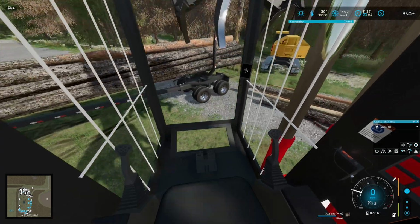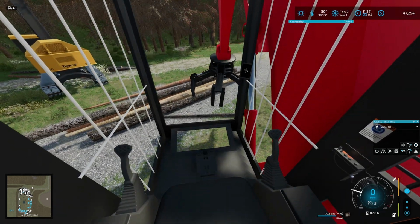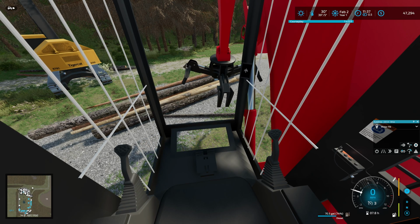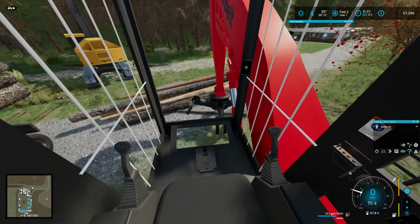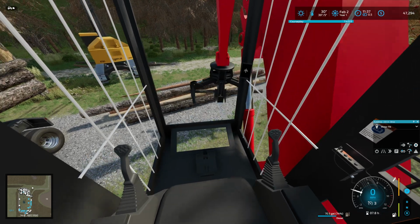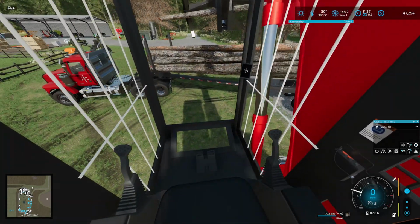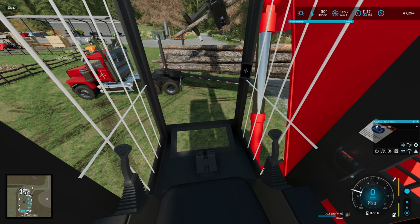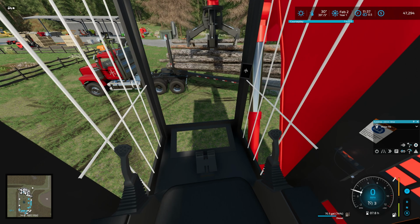See, and this is why I don't like putting small stuff in there and stuff like tops and that. I don't think I can even pick this up. We'll try it, but you'll see when I try and grab it, it's just going to squirt out and... Huh. Oh my god, it actually worked. Okay, well, we'll throw it on the middle then. It's just going to fall off anyway, but...